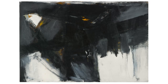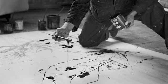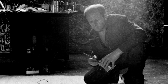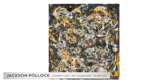This is a great year for Franz Kline, and it is a large-scale composition from that moment, which is very hard to find in the market. What is really most rare is to get a drip painting on canvas by Jackson Pollock. This painting from 1951 has aluminium paint, has these drip elements in it, and also has an incredibly interesting provenance